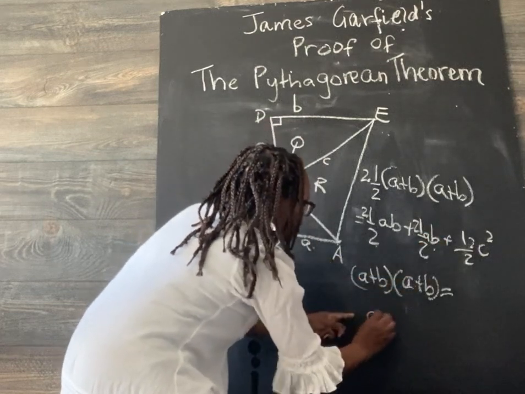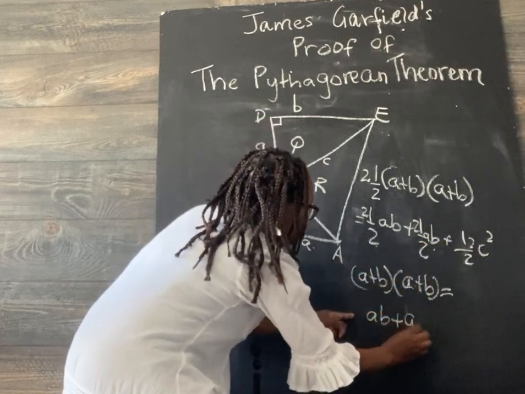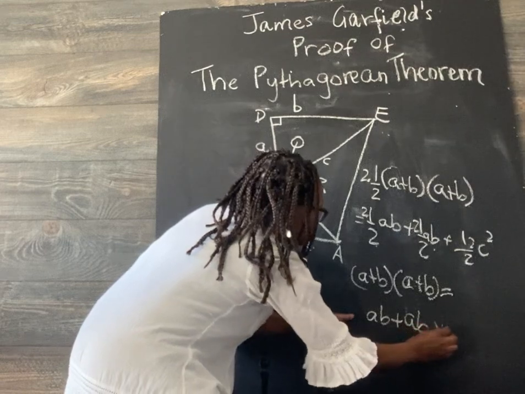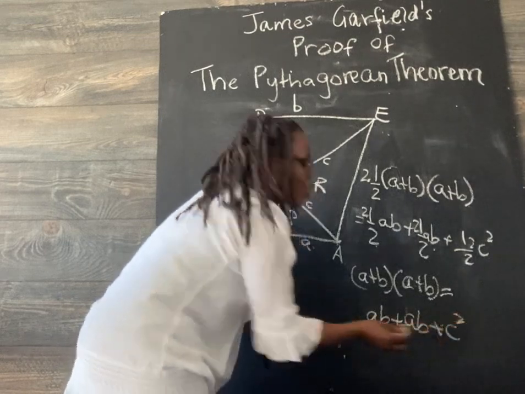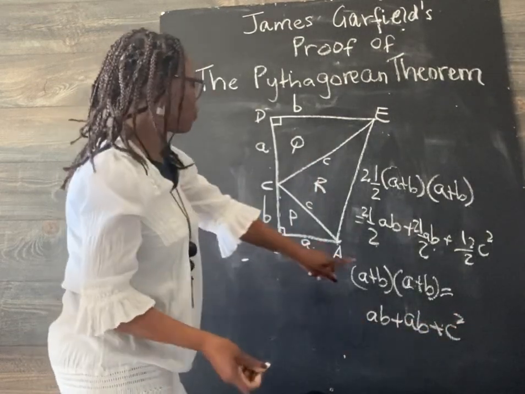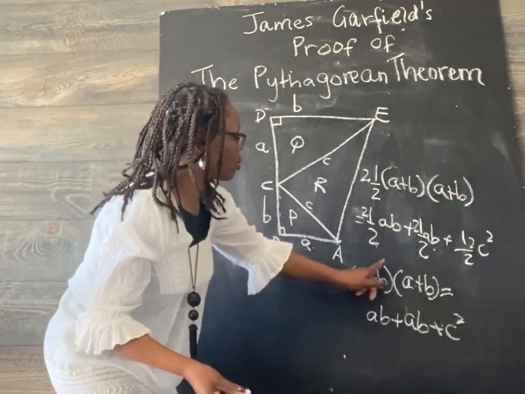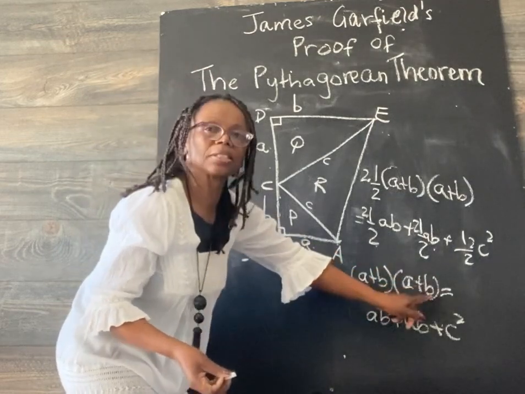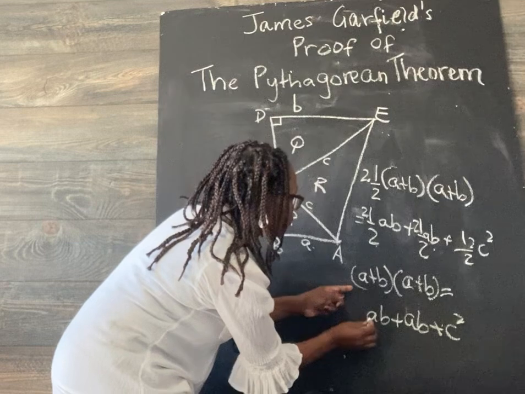Equals AB plus AB plus C squared, right? And if you multiply this out, you get A squared,